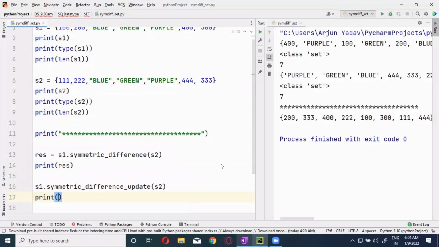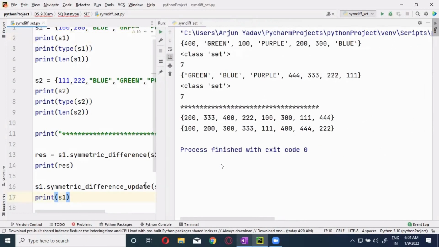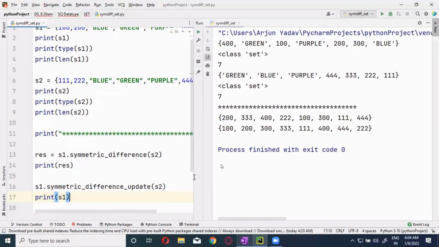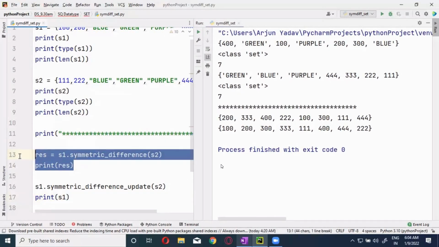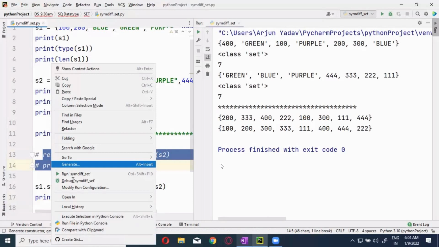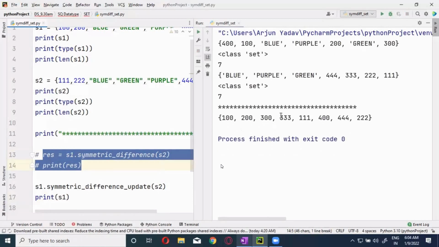Print S1. Previously S1 was this one. Now you are going to get only the updated values. Okay, clear? Any questions, guys?